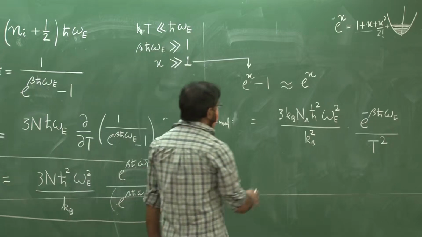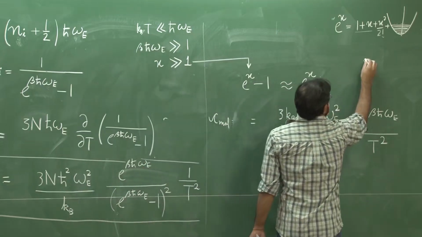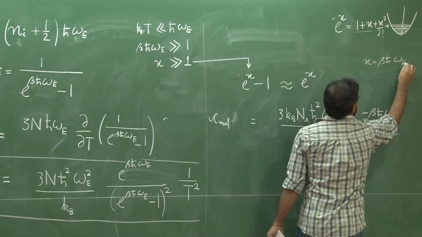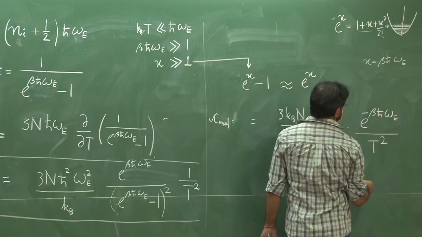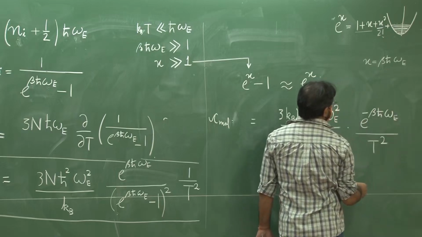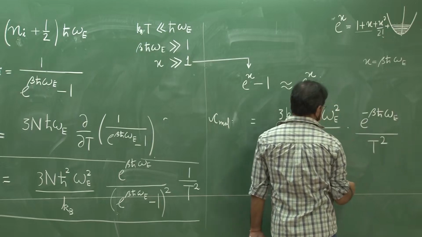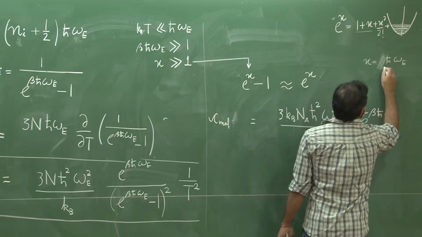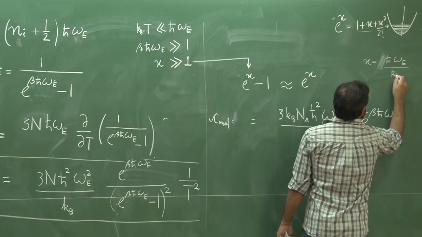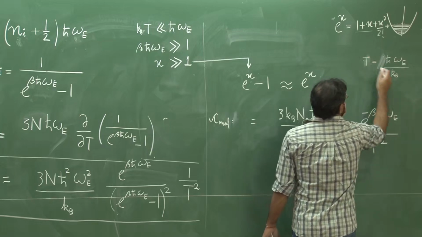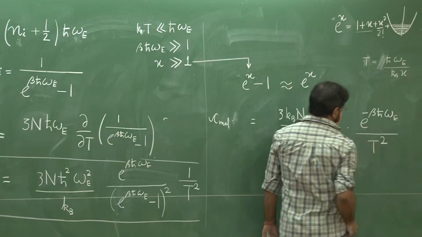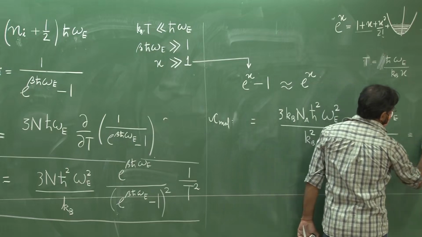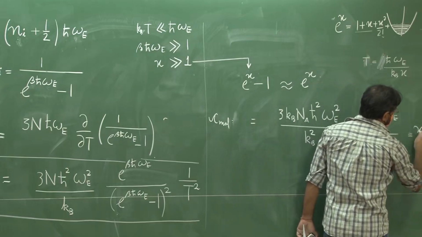Okay, so if you are working in terms of x, then your x is what? Beta h omega e. So you can take kb square t square as beta square. It will become beta square h square omega e square. So this is 1 by kT, this is kb, this is T. This is x, right? So now if you plug it in here, you will get something like exponential minus x and x square,